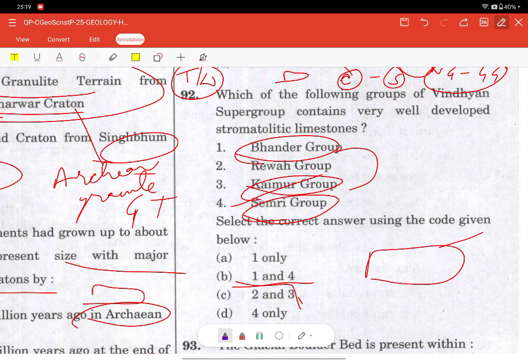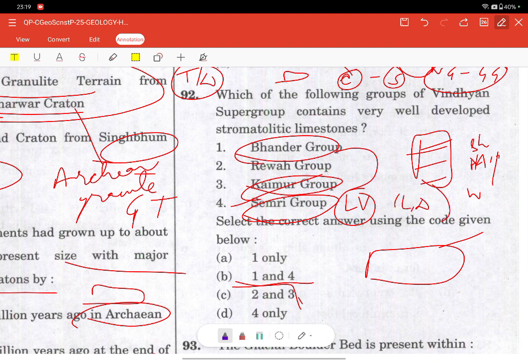So stromatolites, they are the laminated structures that are formed by the cyanobacteria, and they require this shallow marine environment that has this good amount of heat, temperature is balanced, warm and photic zone, sunlight is entering in that zone. So very common in Proterozoic carbonate platforms. Then we have this Semri group. Semri group has this lower Vindhyan and carbonate rich units there, limestone and dolomites, and they have this abundant stromatolitic buildups. So yeah, classic Proterozoic microbial platform deposit.